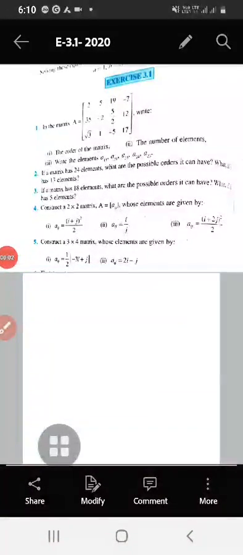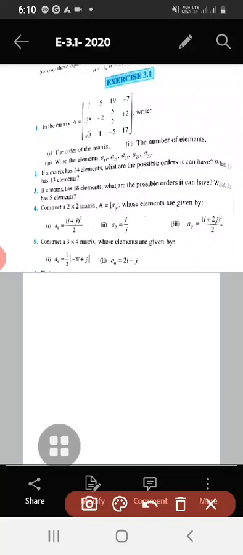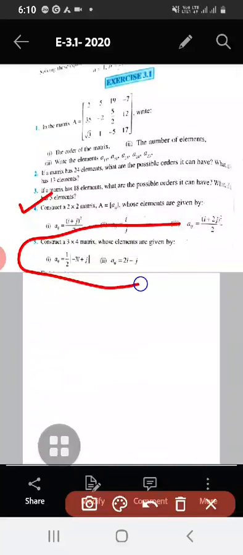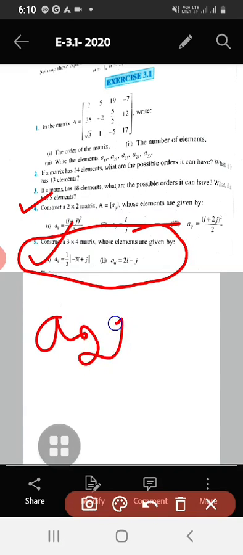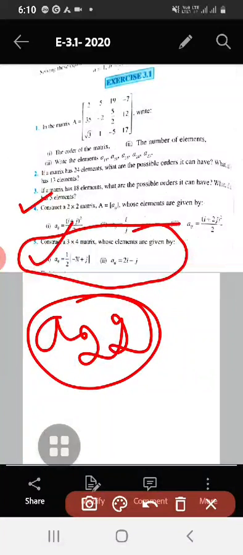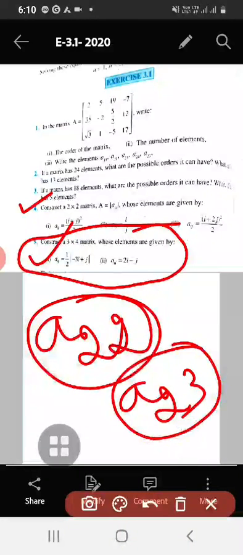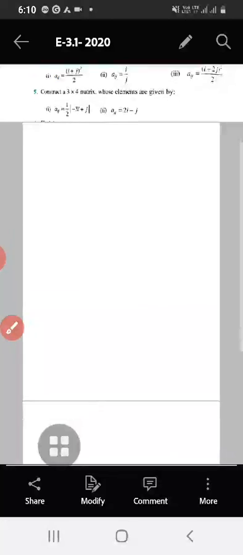Welcome back again. In the last class we worked out this fourth problem. So we have tried this fifth one. In this first case, aij is equal to half into mod of minus 3i plus j. We have found the elements up to a22, so we have to find the remaining elements. I will start from the second row and third element, a23. Let us continue from where I left off.